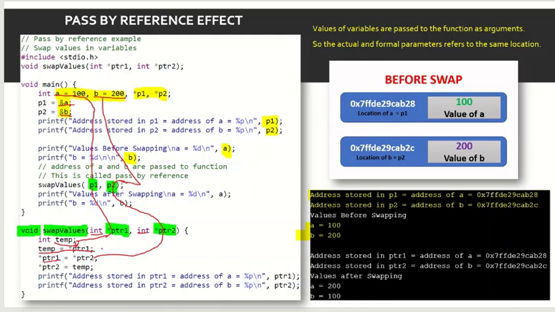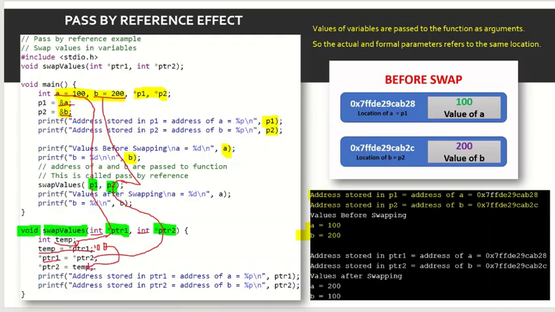So p1 will hold the value 200 now. After this operation, this will hold the value 200. And after this, I am going to save the value, that is the value 100 that was stored in the previous step,